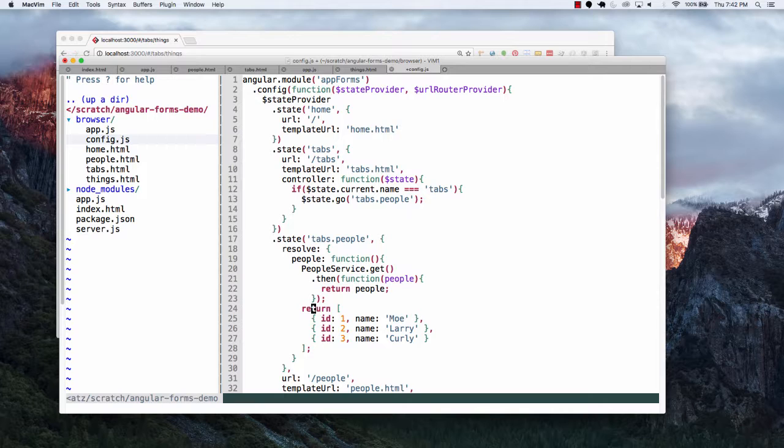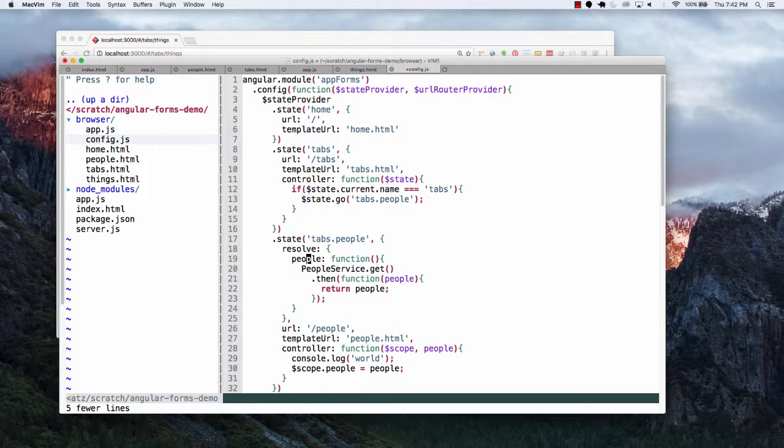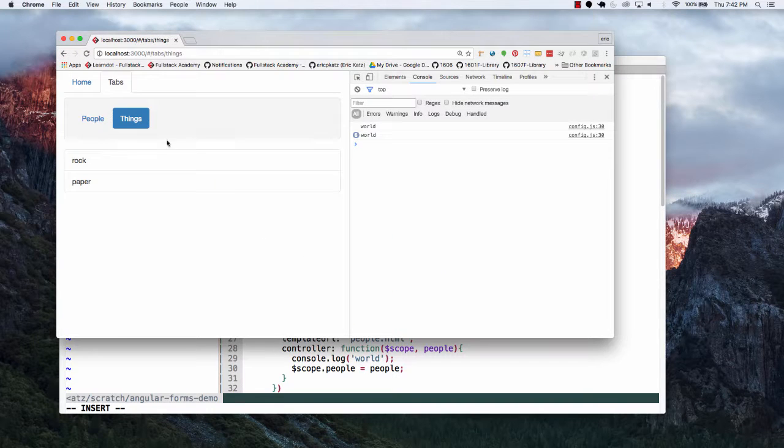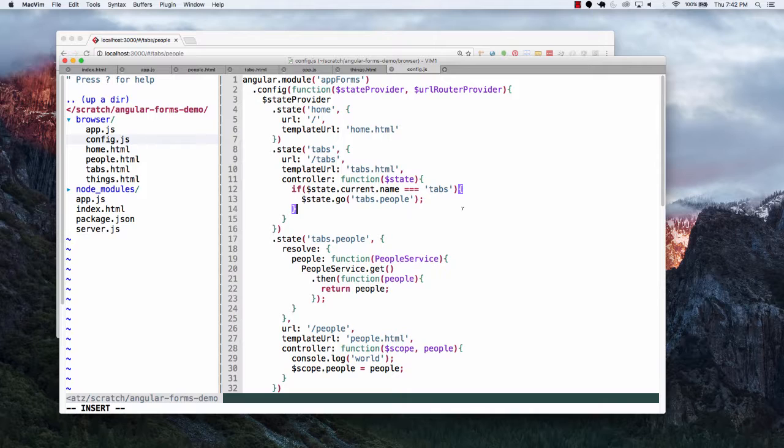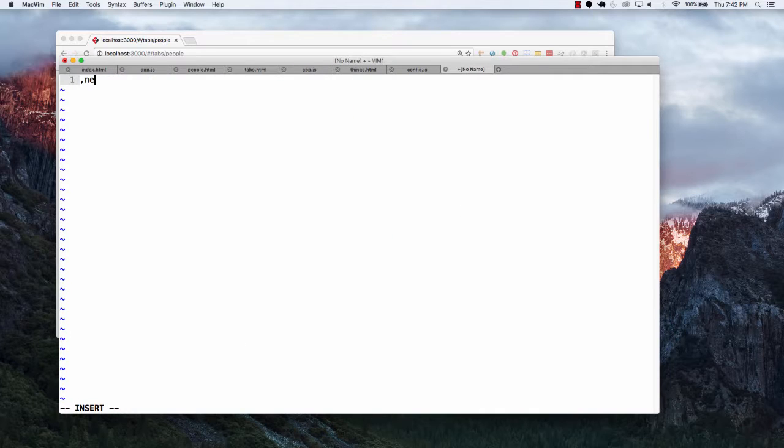And what we're going to do here is, of course, we don't have a people service, but this is where you could inject this, and this doesn't exist yet. So here, if we ended up running this, and we were on the people tab, and I reran this, this is actually the error that disappears, right? It's never getting resolved, and you don't end up seeing anything. And again, I forget what the syntax is for fixing that, so instead of fixing it that way, what I'm going to do is I'm going to go over to my browser,